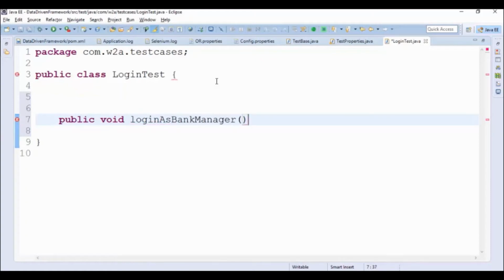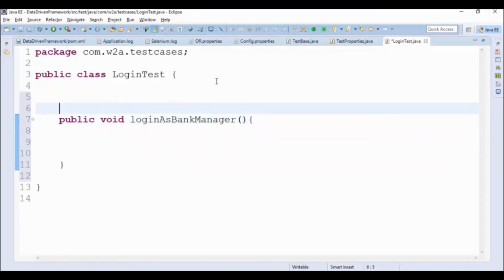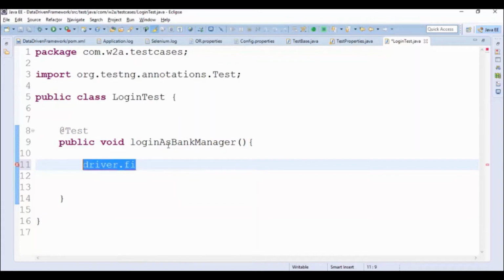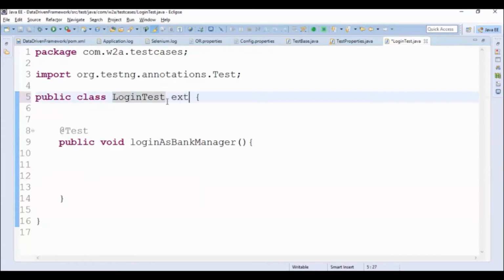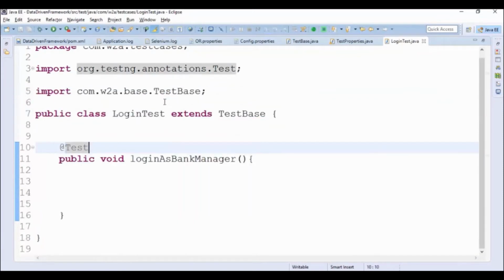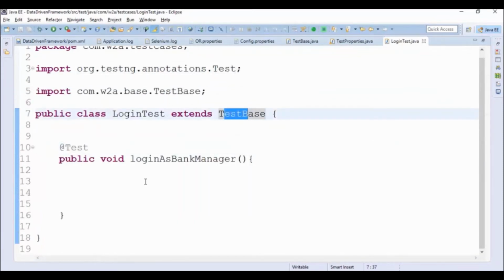So we need to perform the bank manager login, right? And this will be at the @Test, imported through TestNG annotations. So here we'll be writing just driver. Now driver is initialized inside the TestBase class, so all the classes are going to extend TestBase. All our test case classes will extend TestBase, right? So this will be a parent class for all our test cases, so that I can directly go over here